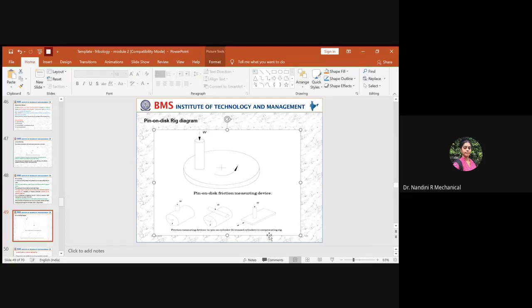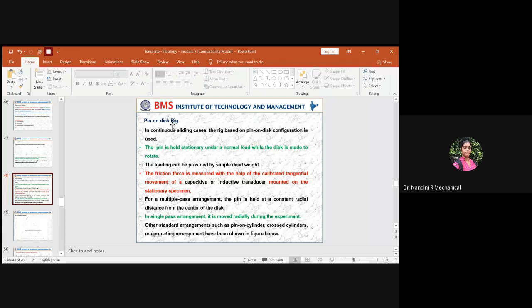And the last one is the reciprocating rig. Here you have a substrate or structure on which you have a pin held stationary with respect to the normal load. Here you can see the motion, it can have a reciprocatory motion. So based on the relative motion you need between the two specimens, you can go ahead with the different methods of arrangement under the measuring scheme of the pin-on-disc rig. This second method is very much suitable for continuous sliding or even for multi-pass, and even, in the rare case, for a single pass arrangement.